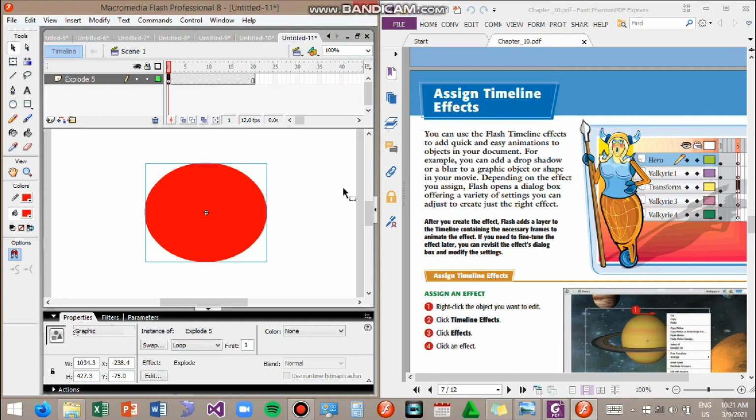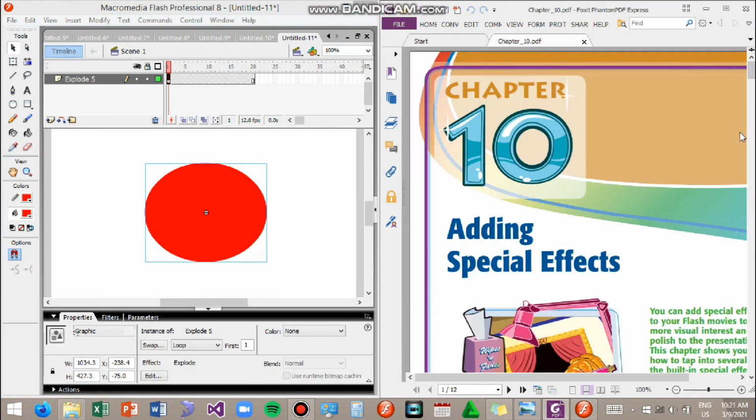So it is much better to use motion tween or shape tween in creating your effects because it's smoother in transition, unlike the effects that are pre-built in your Macromedia Flash. So those are the different special effects that you can integrate in your Macromedia Flash or Adobe Flash animation.